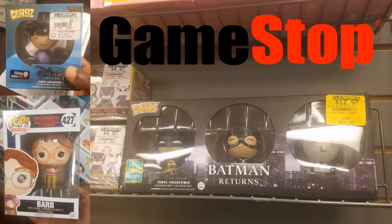But the problem is, things based off of animated series just don't really fit well into my collection, because I have so much Marvel and DC and horror and The Walking Dead. To take a little cutesy figure like that and put it around a bunch of superheroes and supervillains and serial killers, it looks weird. So that's why I tend not to buy those types of figures, even though, like I said, I'm a big fan of Monsters Inc. Definitely got to get another copy of that